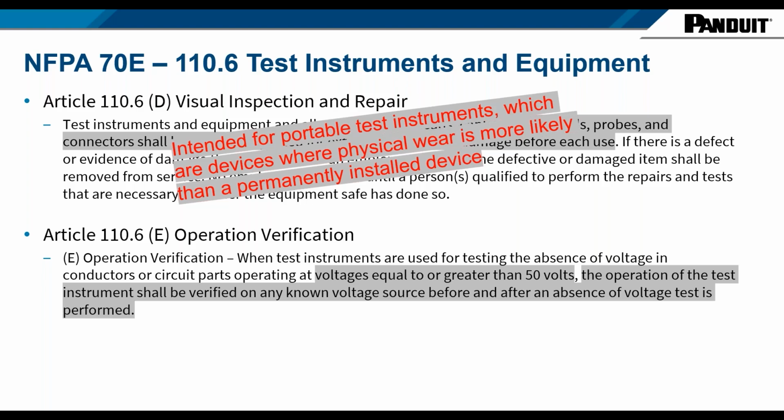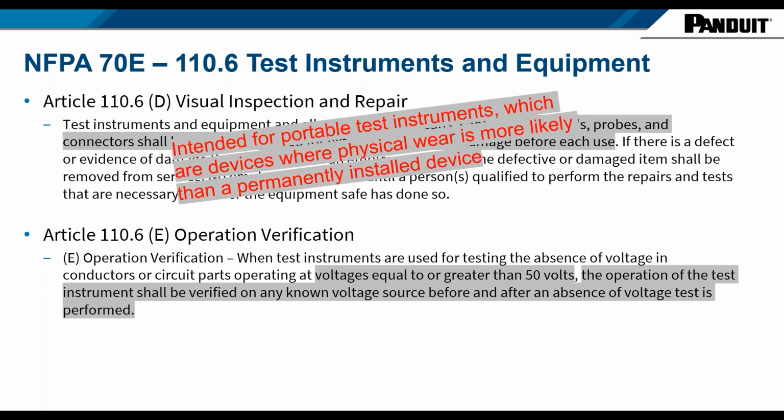As you saw in OSHA, it's over 600 volts, but NFPA brings it down to 50. So pretty much anytime you're performing an absence of voltage test, at 50 volts or over, you should be going through that live-dead-live test on a known voltage source before and after your absence of voltage test is performed. But like I said, the text here is